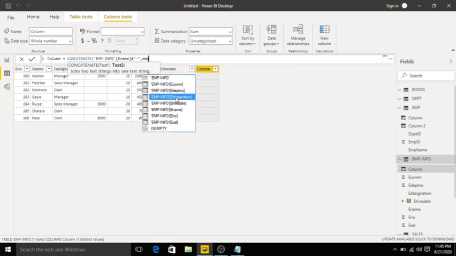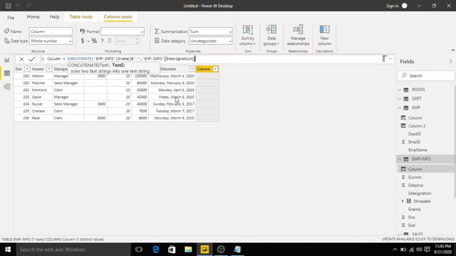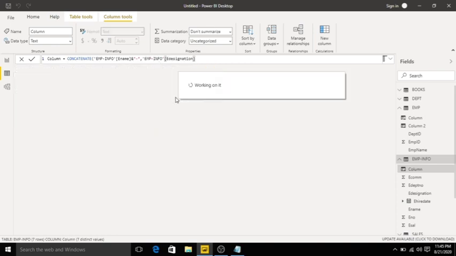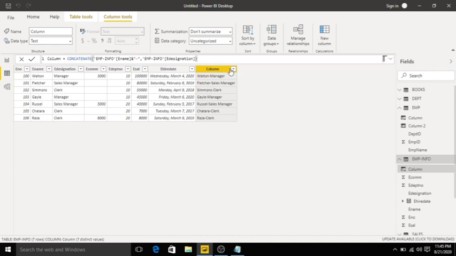I will concatenate these. Click enter. See, the employee info ename column and the designation column are concatenated in the new column.